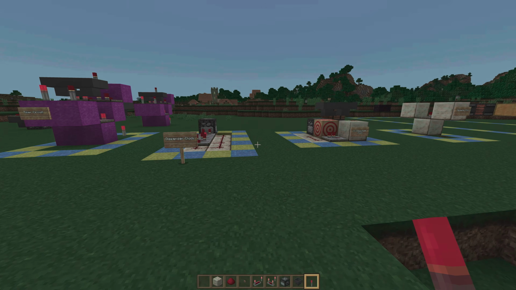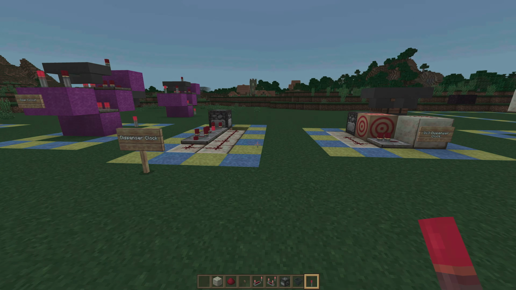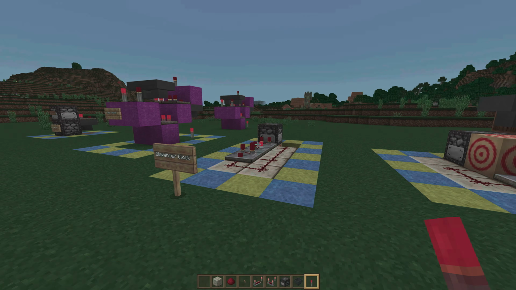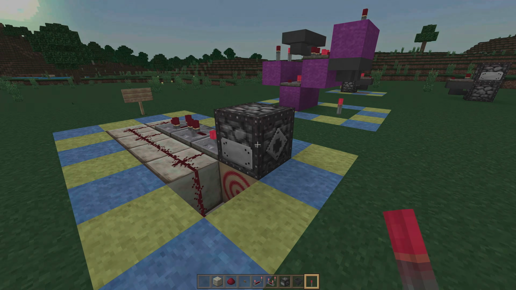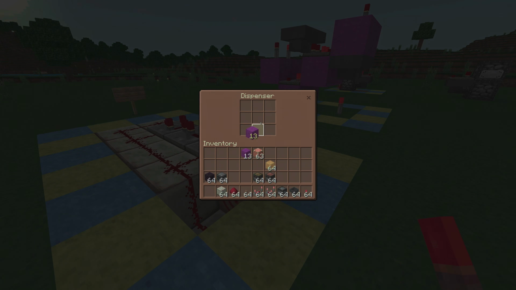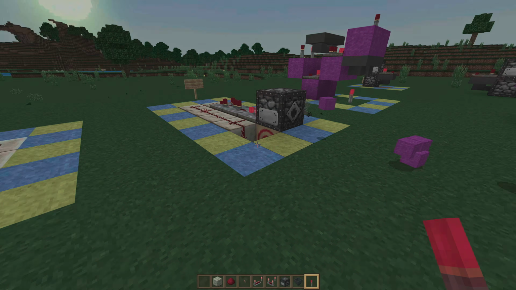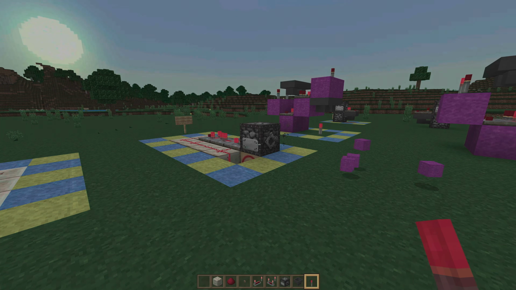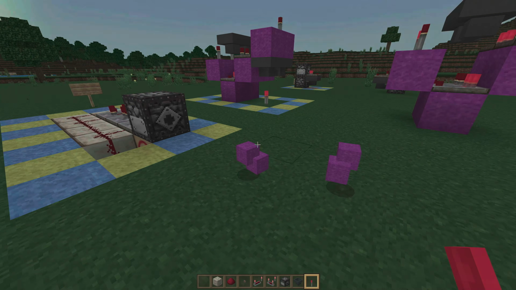Moving on over to our next circuit, here is what I like to call our dispenser clock. This is a very simple and, most importantly, super reliable clock for dispensing items out of a dropper or a dispenser. I like both of these designs because they are incredibly reliable, always flush out all of their items, and won't break and get stuck in a very weird state.